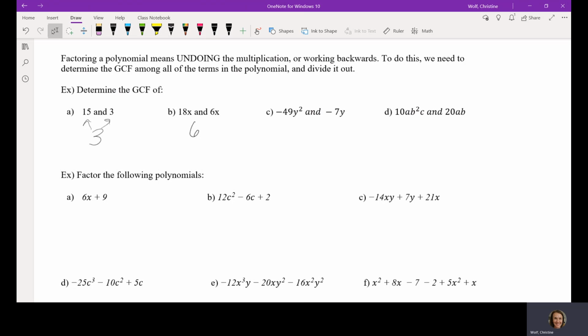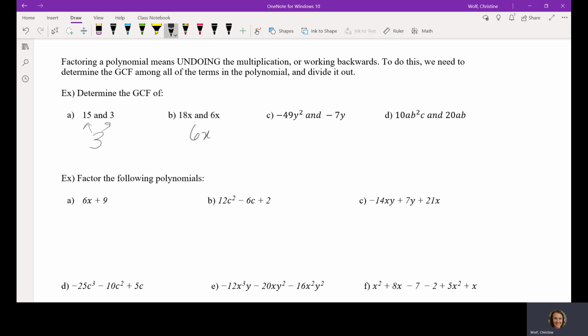Okay, now we're not done, because look at the x's. They each have an x to give. So because that's common to both of them, we can take it out. So we would divide out a 6x. That's the greatest common factor. Okay,